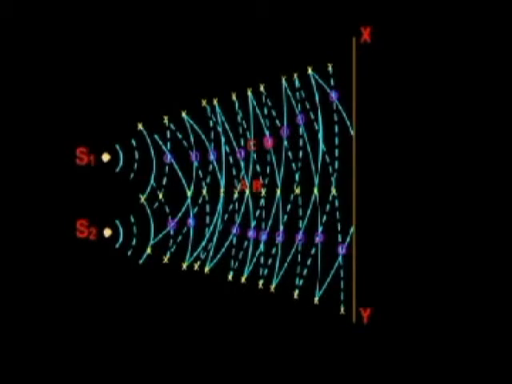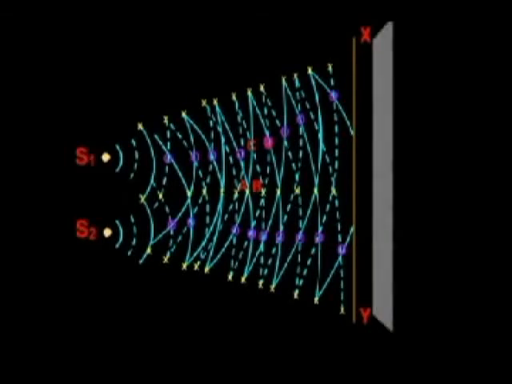Now let us consider the point C. Here, the trough of the first wave is superposed on the crest of the other wave. Such a superposition is called destructive superposition of the waves, where minimum displacement takes place. The formation of antinodal and nodal lines results in relatively bright and dark regions called the interference pattern of waves.